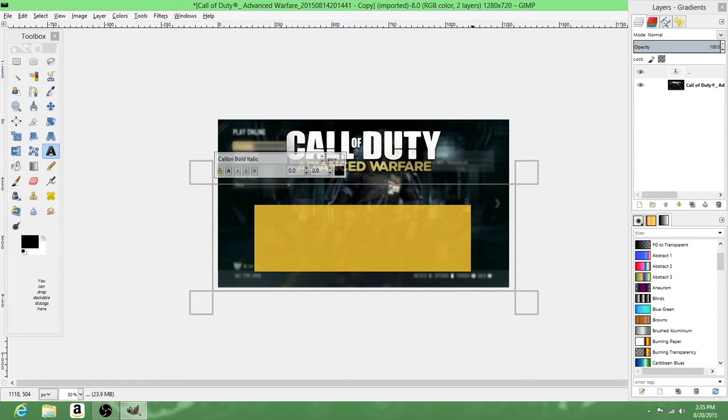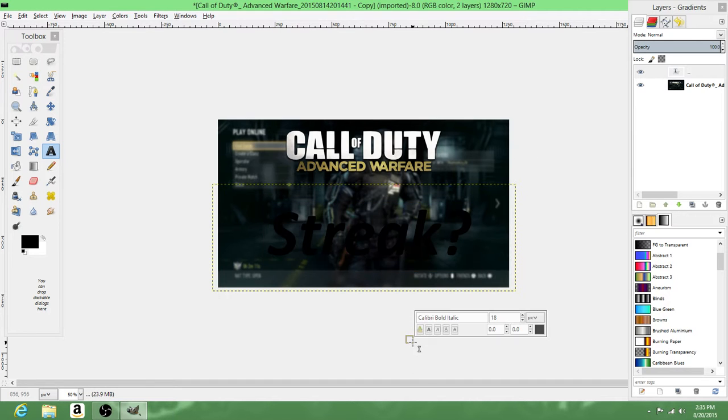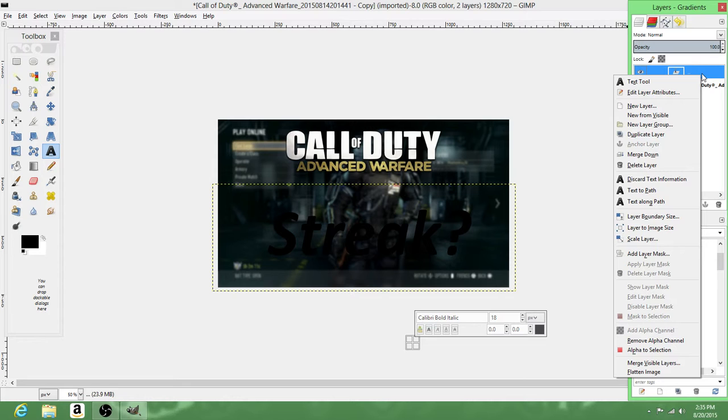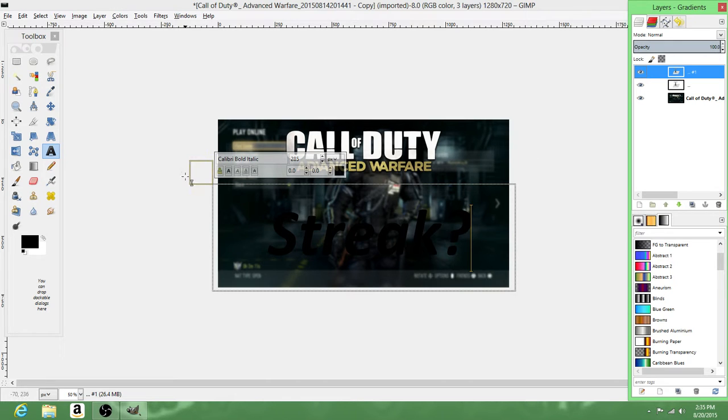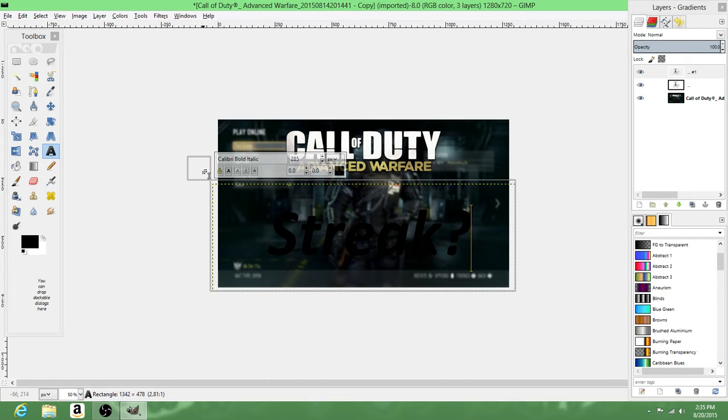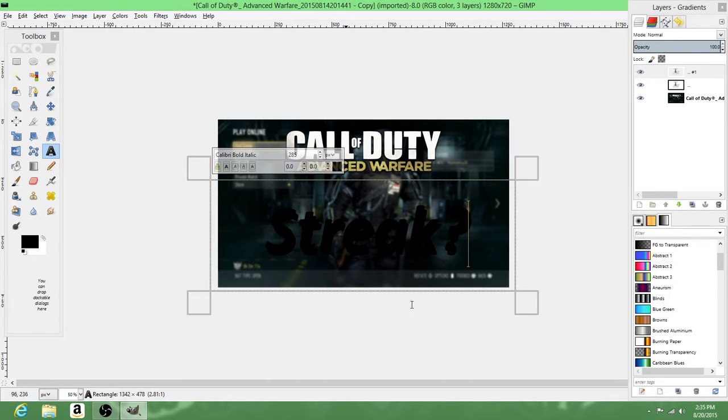So once you got it here, now what we want to do is you're gonna go up here, right click on here, and you're gonna duplicate layer. Once you duplicate, then you're gonna get these boxes. Move this up a little bit so it looks like that. See how it looks kind of messy now, but it's fine,